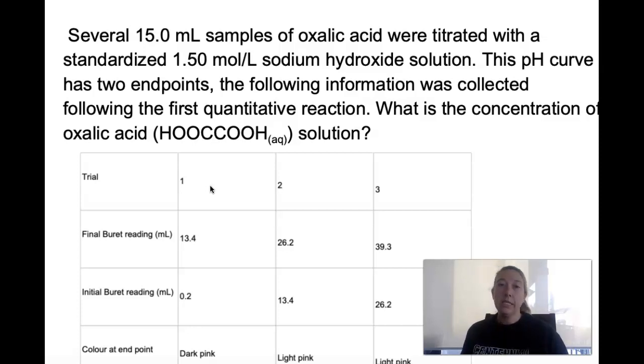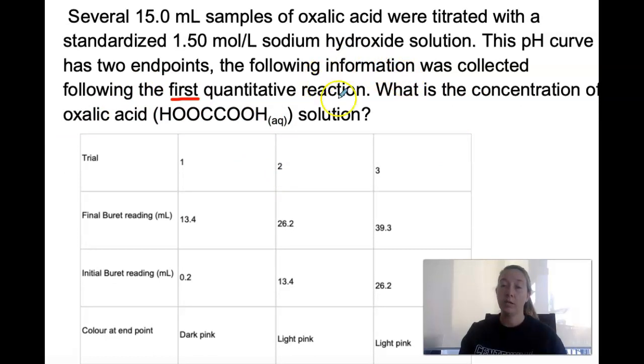So looking at this example, it says several 15 mL samples of oxalic acid were titrated with a standardized 1.50 mole per liter sodium hydroxide solution. This pH curve has 2 endpoints. The following information was collected following the first quantitative reaction. Okay, and that is important because that's telling me that we are collecting data for the first equivalence point. Then it's asking me, what is the concentration of the oxalic acid solution? So